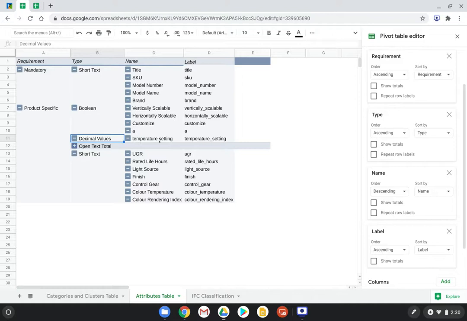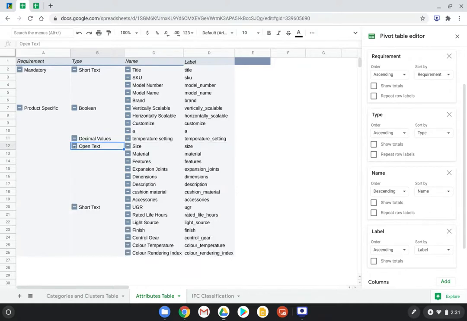Open text, this can then be any sort of paragraph or lots and lots of information. And then your short text, okay, as I said, this is your one-liner with what's going on there. So keep that in mind as we go ahead and build these out. Now for today, for the example with product attributes,